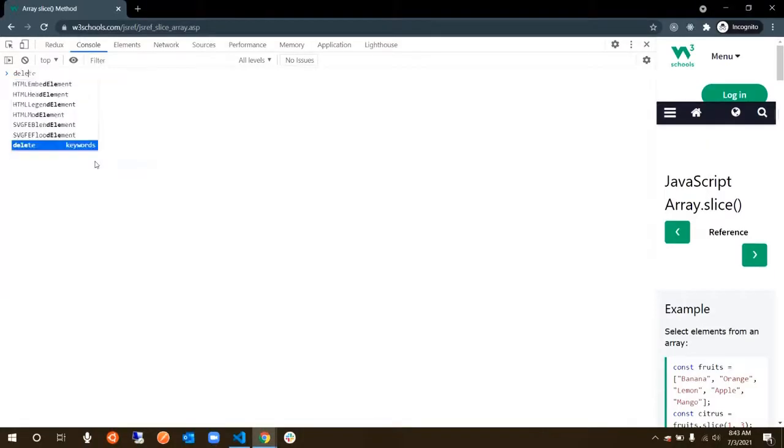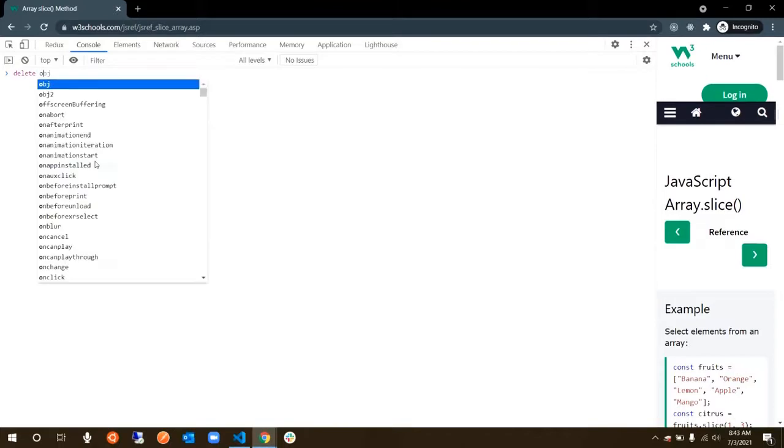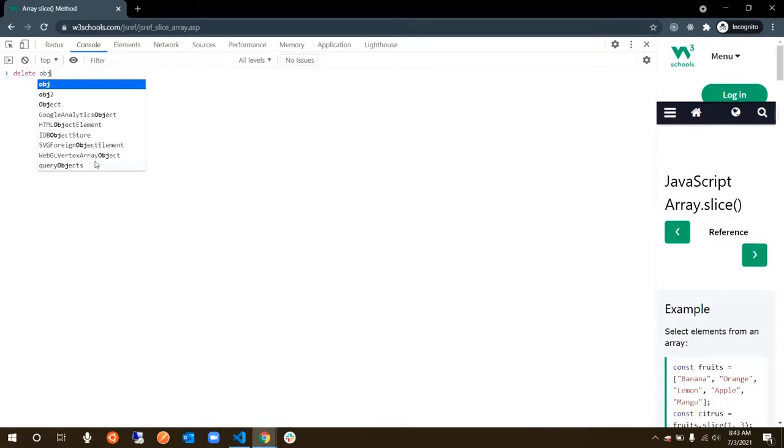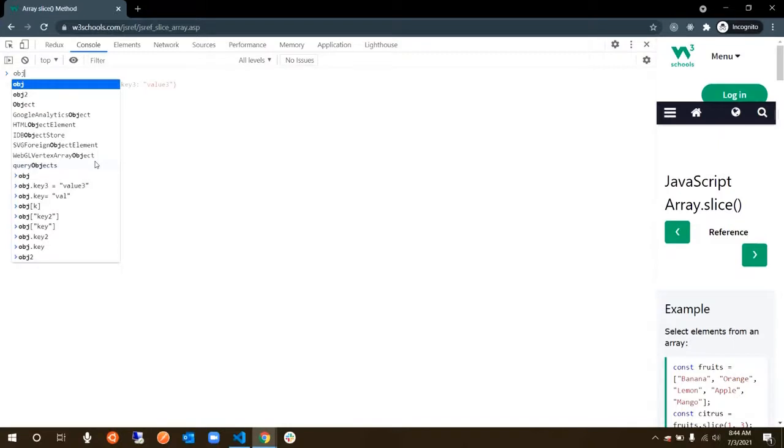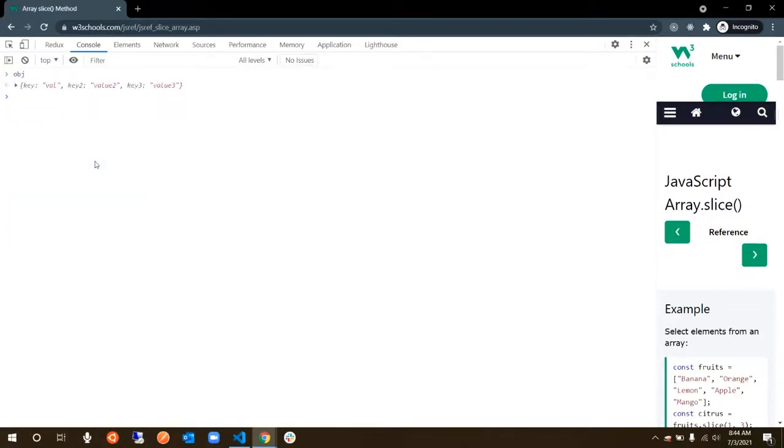Then deleting. It's just using the delete keyword. When you say delete object.key3, I just added key3, so I'm going to delete key3. Before I delete that, I'll print the object here so that you know what is inside right now. So I say delete object.key3. Again, if I just say object, you will see that key3 does not exist anymore. But if you want to delete only the value, how would you do it? You don't want to delete the key.